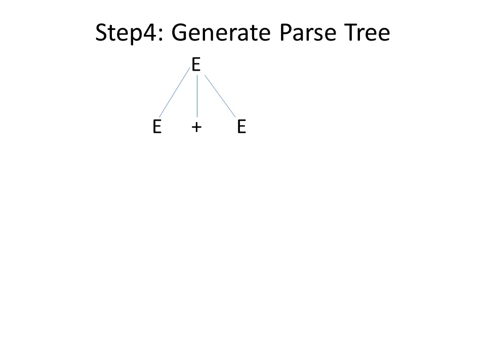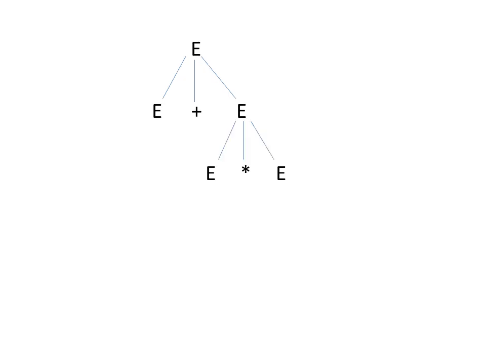Now step 4, after that we need to generate the parse tree. So for parsing the tree, we have to see the previous table from the bottom. We are in the bottom up approach, so we need to traverse from the bottom. If you take from the bottom, first E will be there, so mark E. Then after E, you will be having E + E, that E is replaced with E + E. So that is performed here. This is the parse tree.